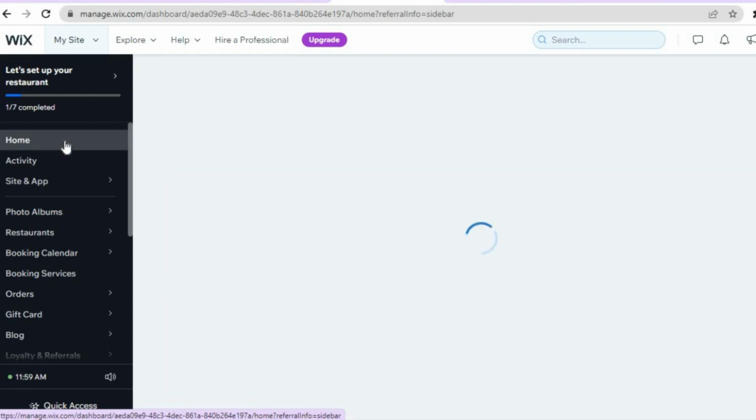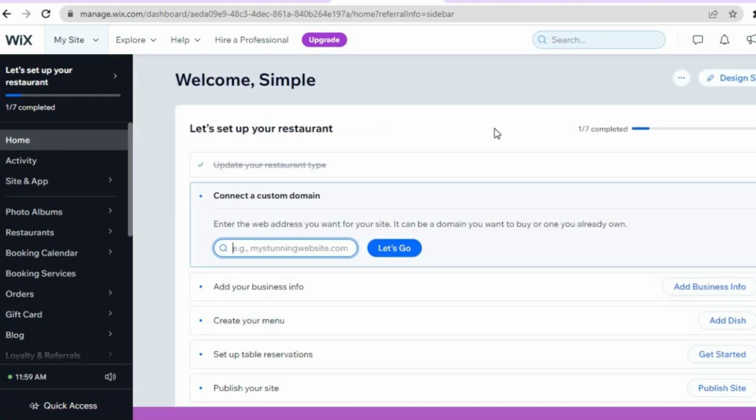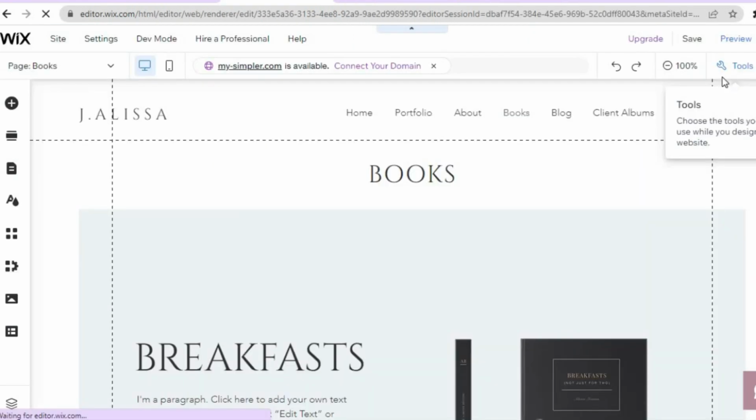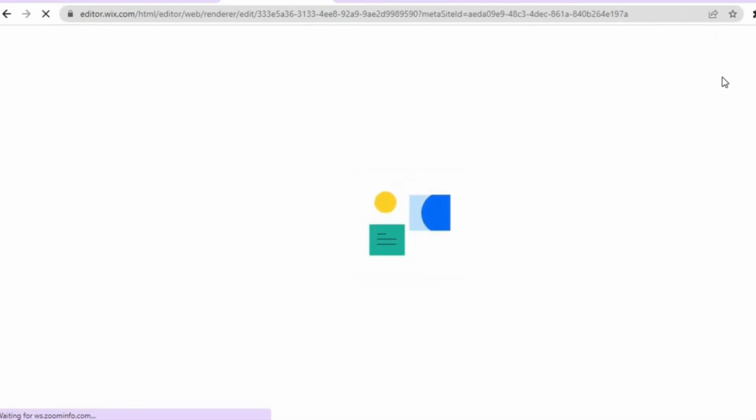on home. Once you have tapped on home, what I want you to do is tap right where you see design site in the top right hand corner. And once you have tapped on design site, you're going to automatically open the website editor again, as you can see right here. And once it loads up, what I want you to do in the top right hand corner,